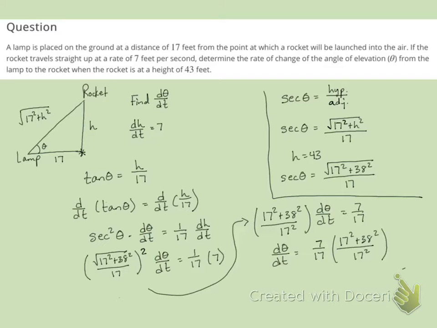Oh, I'm sorry. That is incorrect. Hold on. I didn't actually take the reciprocal. So let's try that again. This is 17 squared over 17 squared plus 43 squared. So I can get rid of one of these 17s. The 17 can cancel with one of those. And we take 7 times 17, that's 119. And then 17 squared plus 43 squared turns out to be 2138. So this is our d theta dt. It's going to be 119